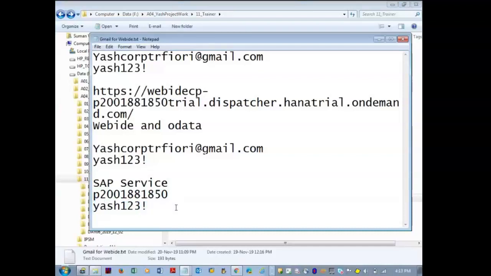The prerequisite document I gave you, this one. When you execute and you're seeing the output, it first asks this. It connects to the SAP service. Most of you might be giving your web IDE P account. Don't give that. Give the P account of the SAP service.